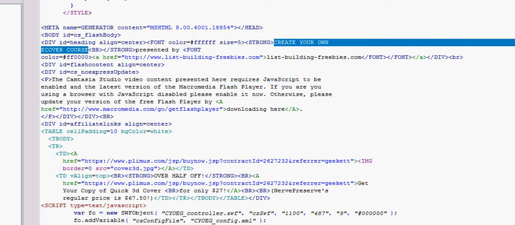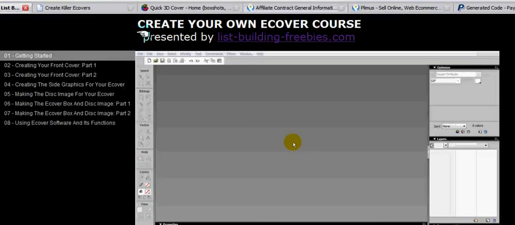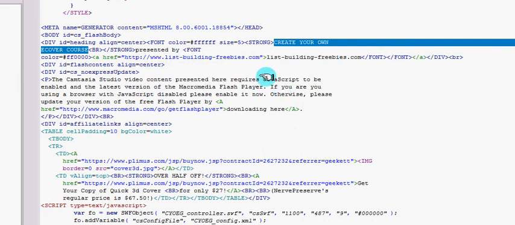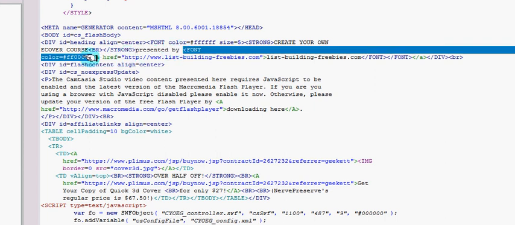listbuildingfreebies.com. So let me just take you back to the page so you can see that again right here. So this is Create Your Own Ecover course presented by, and then this is the link for listbuildingfreebies.com. Okay, so there's Create Your Own course presented by, and then we start with the font tag, and